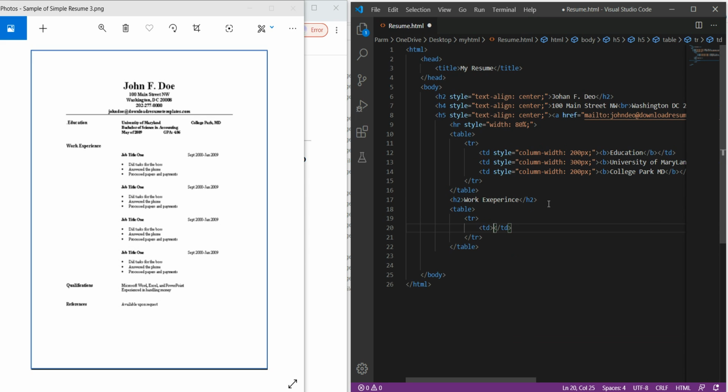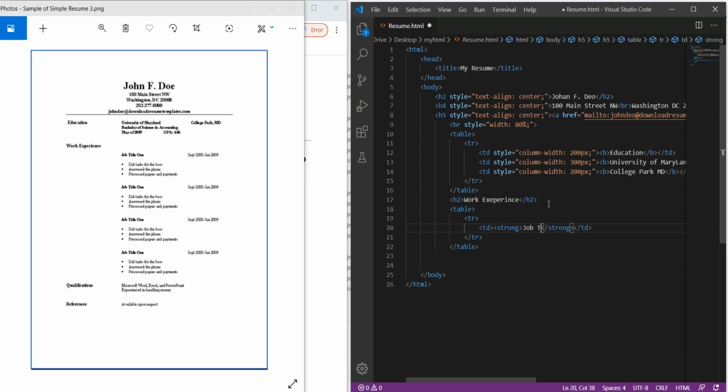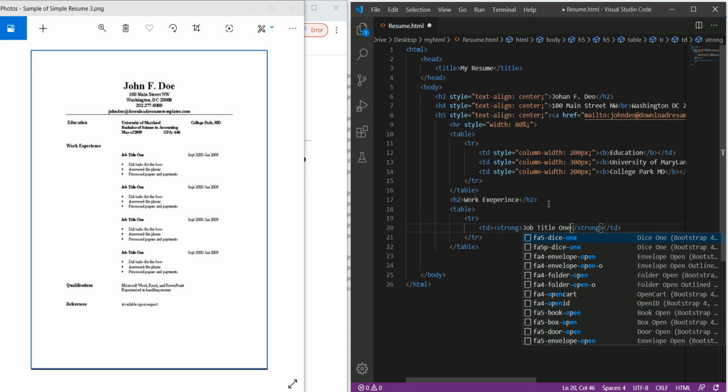So it's something like bold, so I'm just using the strong element over here, say strong. Okay, and here it is job title 1.